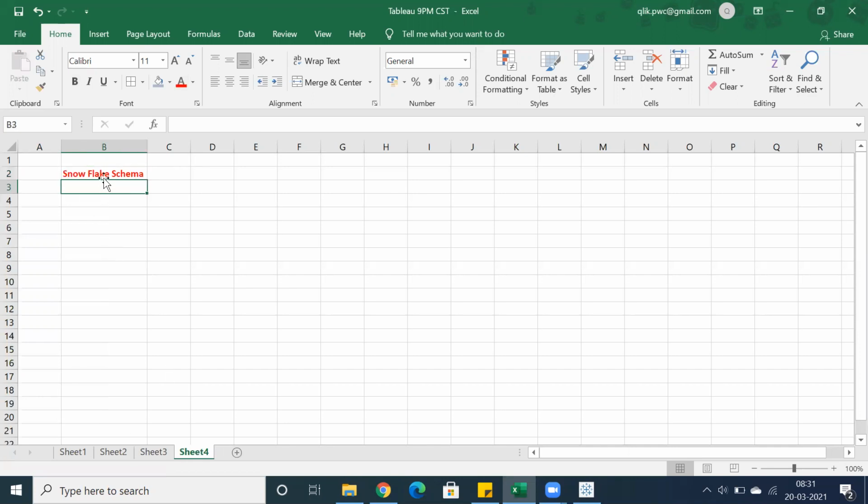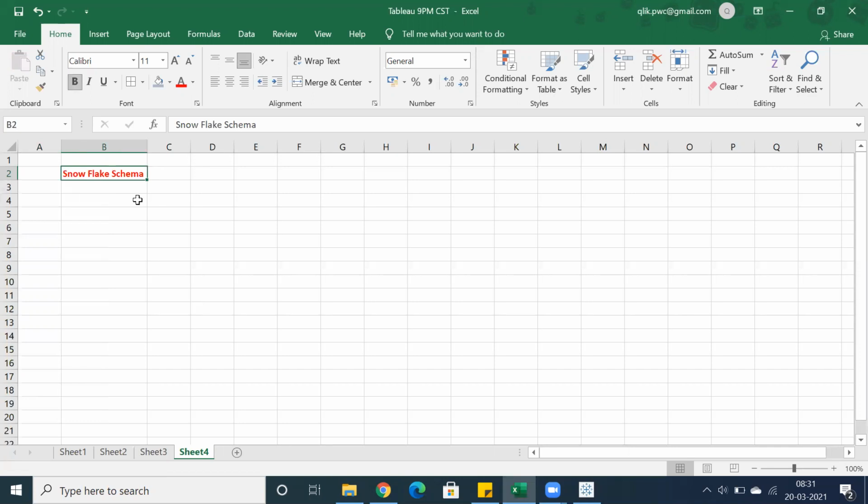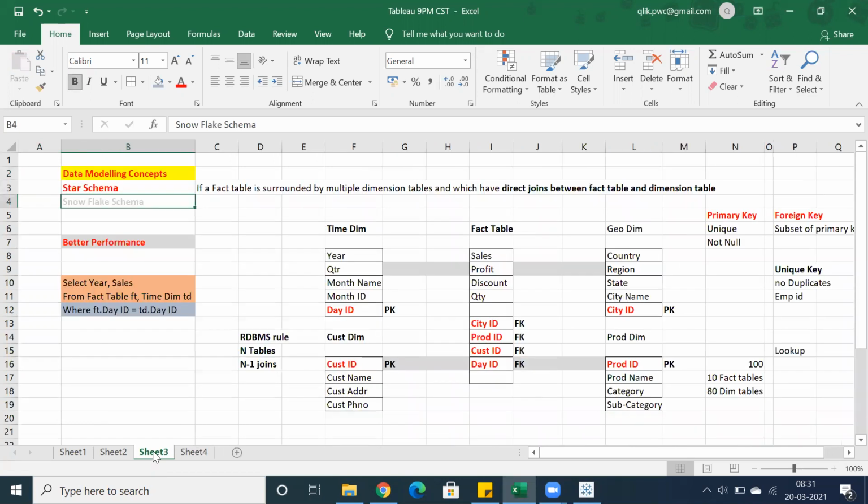But we are not going to use Snowflake schema in real time, because it will degrade performance from a Tableau perspective. Generally, in Snowflake schema, for each dimension we have an individual dimension table.